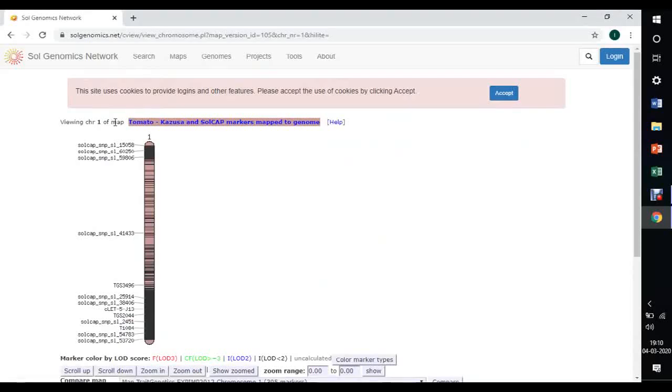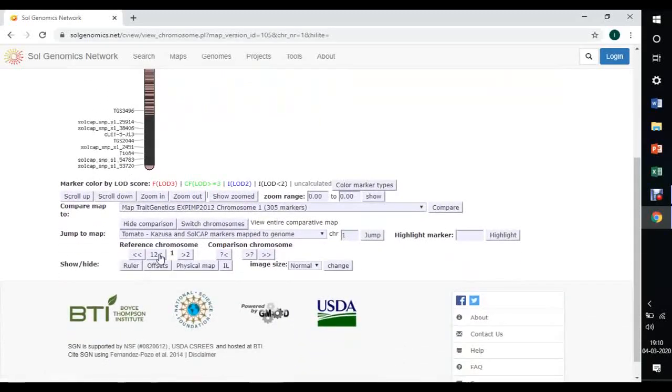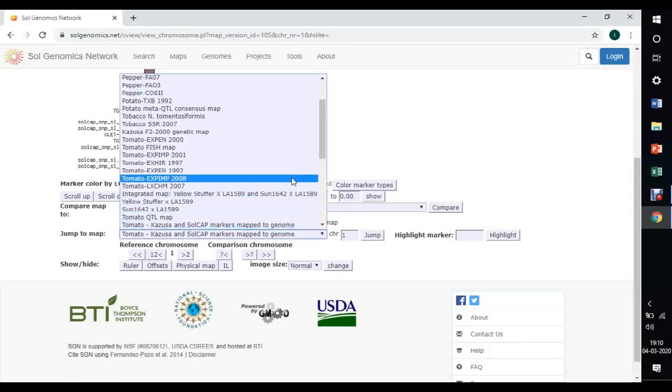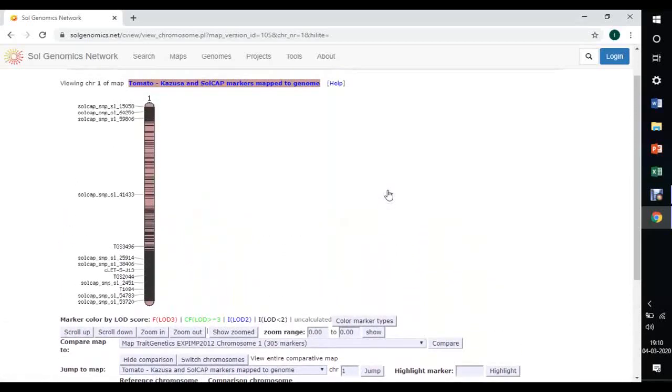In this, you can view the markers mapped to chromosome number 1. You will find a lot of options here. For example, you can also change the map from here itself. Click on the chromosome region to view an expanded image of that particular region.